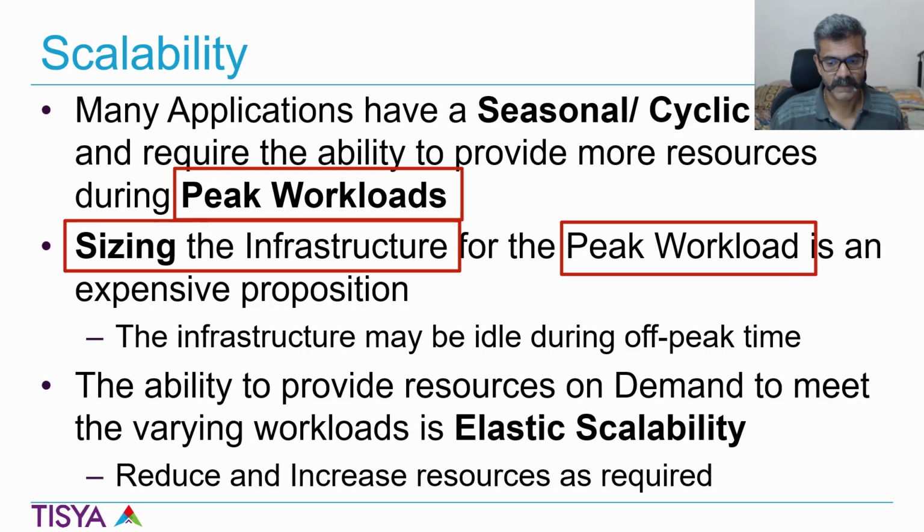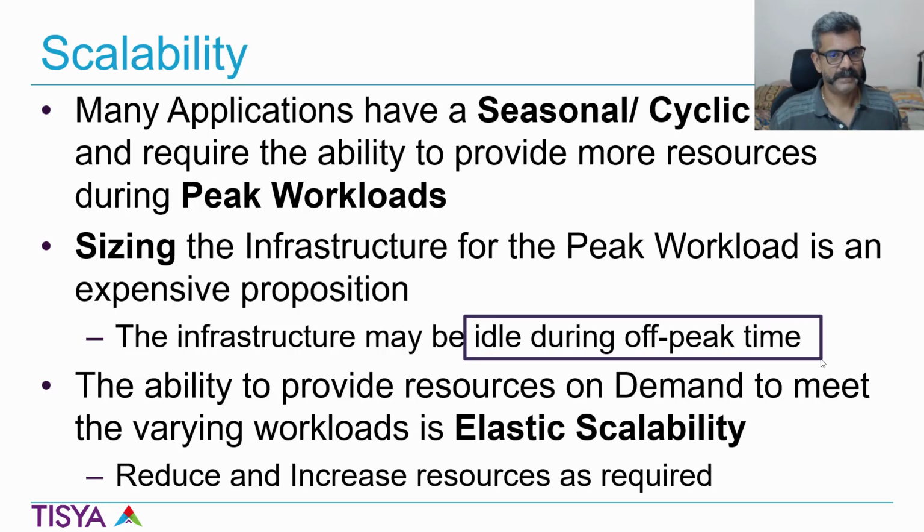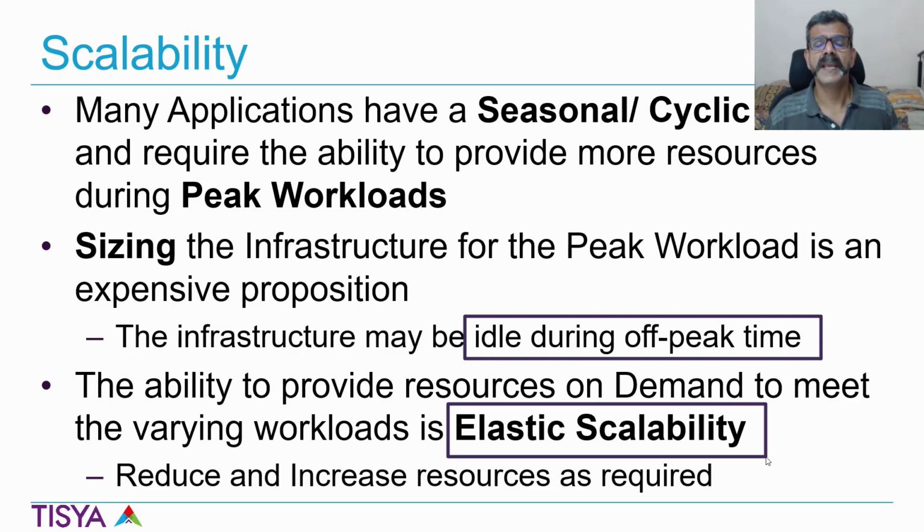But at the same time, during non-peak times, your hardware will be idle. Now, in a typical on-premise infrastructure, you buy hardware and keep it readily available to meet whatever demand you have projected is going to happen. But the other times, your hardware is lying idle. In general, when we say elastic scalability, it means I will be able to scale up my resources based on the need.